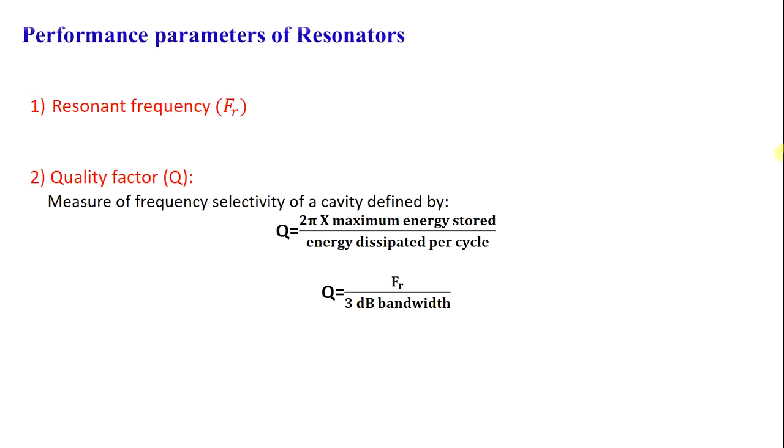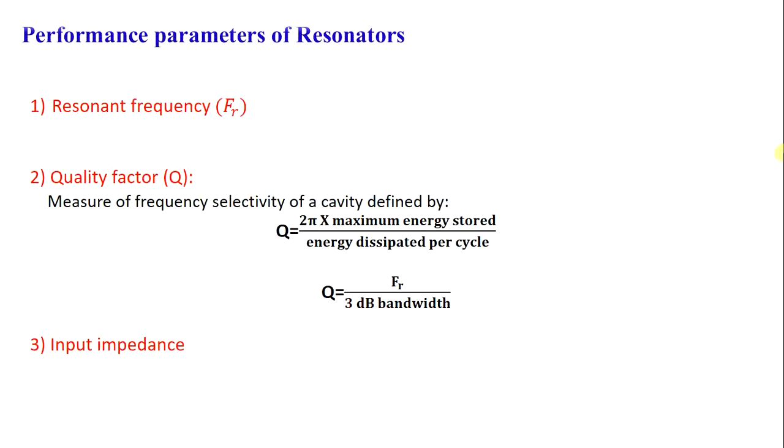In order to obtain high quality factor, the circuits are made highly reactive and they can be simulated by short-circuited or open-circuited section of low loss coaxial transmission line in the frequency range of 100 to 1000 MHz. At higher frequency, transmission line does not have higher quality factor due to the skin effect and the radiation loss in the cables. Most of the microwave resonators are constructed with rectangular or circular metallic cavities, which provide higher quality factor. And the last is the input impedance.